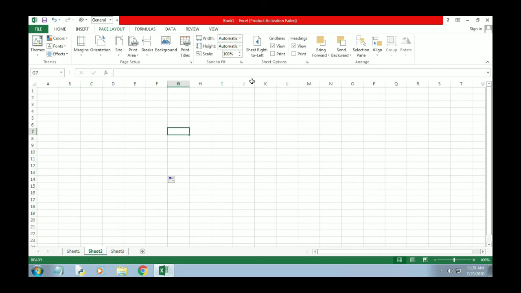If you have to select in the downward direction, click on a specific cell, hold the shift key and press the down arrow key, and this way you can select a range downward. If you have to select to the right, apply the same procedure: click the cell, press the shift key, and while holding it press the right arrow key. If you have to select the left side, use the left arrow key.